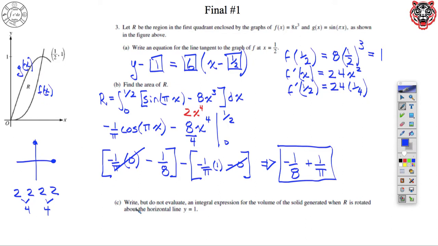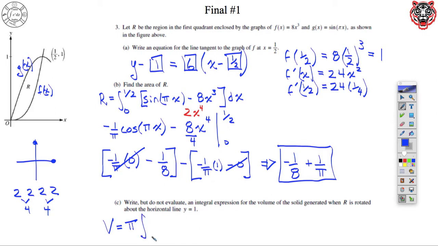All right, in part C, write but do not evaluate. Yes, okay, so those are the easy ones. Integral expression for the volume. Most people got this one correct. When R is rotated around the horizontal line, so volume. Our volume, V, is equal to, if you forgot the pi, I think there's one person that forgot the pi,